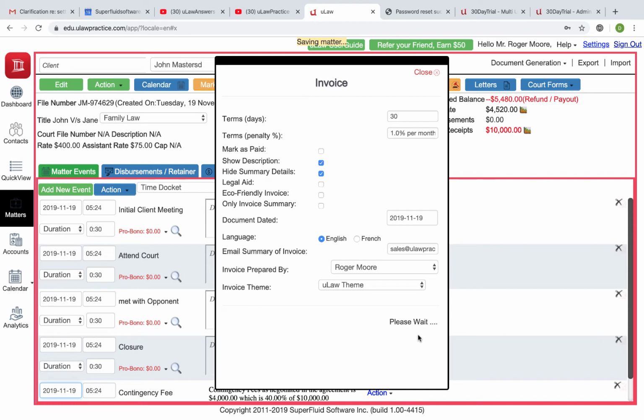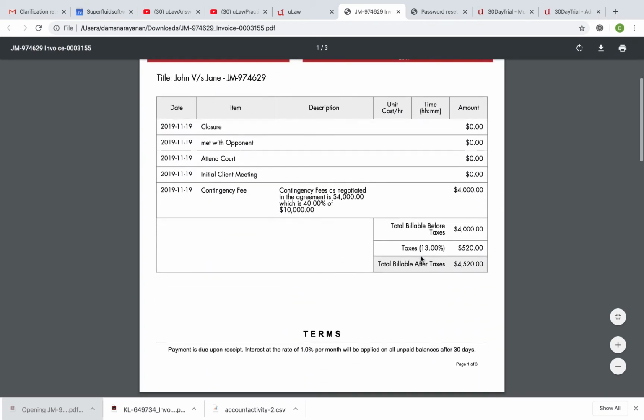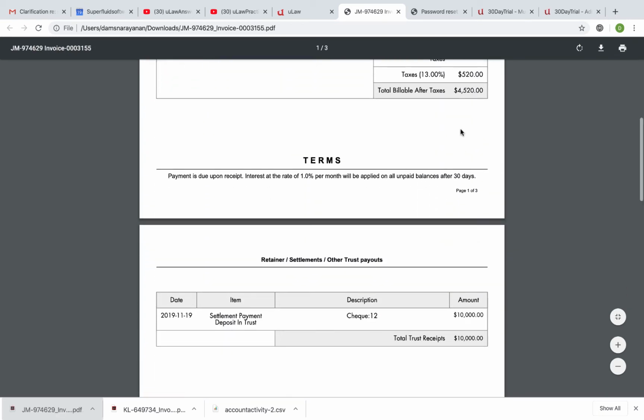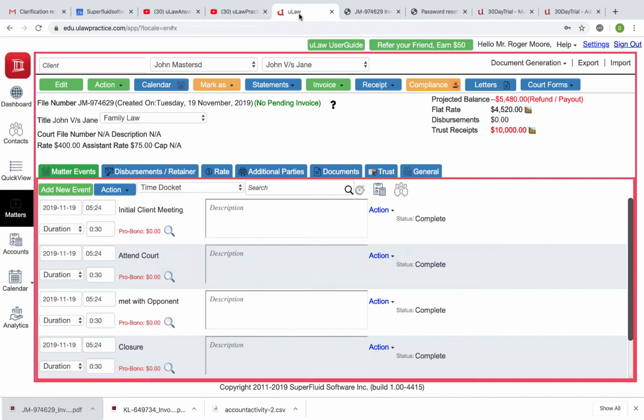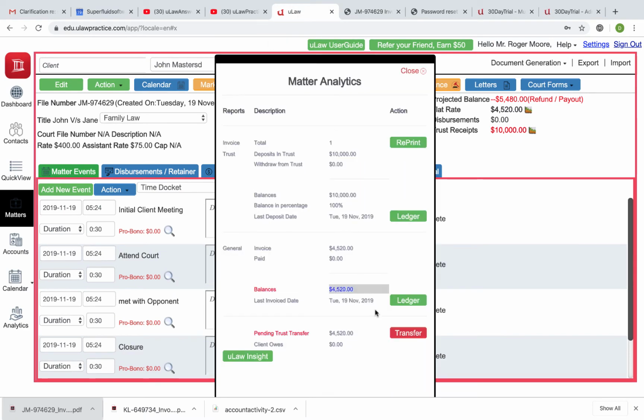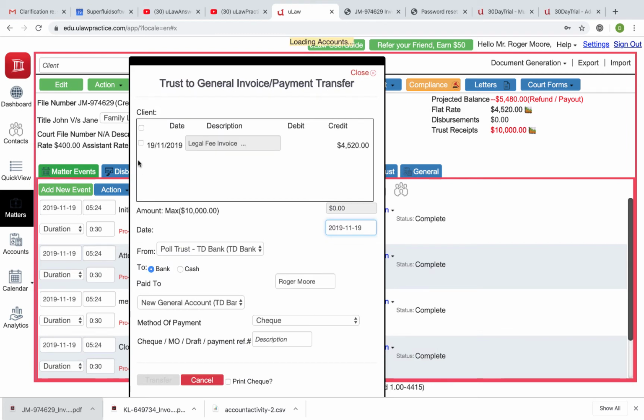And once you've raised the invoice, the first thing you would do is pay yourself, because that's pretty important. So let's now download the invoice, and this is the invoice that you can actually send to your client and tell him, hey, you are now going to be paid that much, right? Now you hit the question mark, you're ready to actually download them. You can say transfer, and you can choose that, right? That's what you're actually going to be